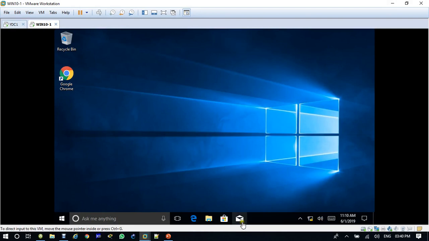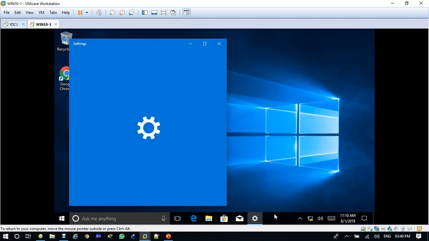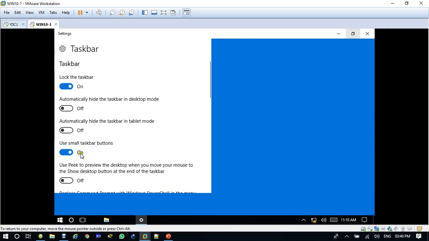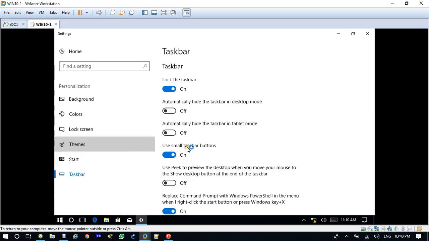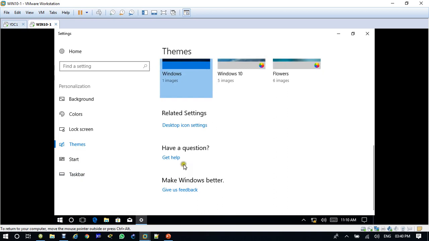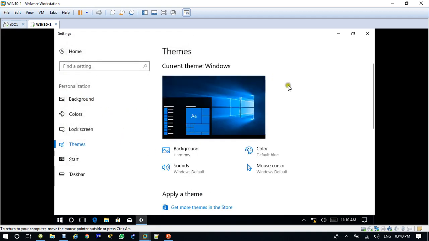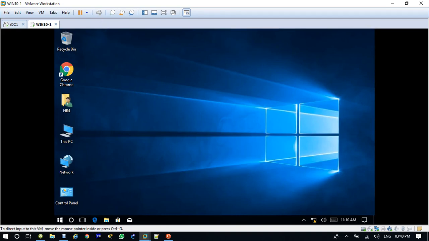Okay, so here that user is logged in. So let me see some desktop settings. Okay, now you are with HR4.